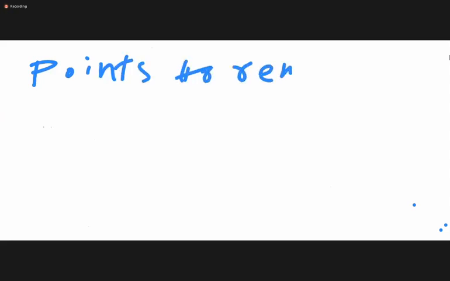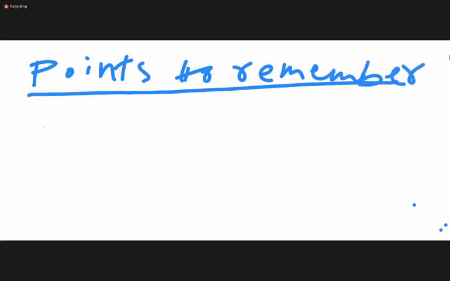So this is about the question tag, but there are some important points to remember regarding the question tag. These are very important points. Just remember these points or take them down. Important points to remember in case of the question tag. Generally, I have explained how to write a question tag, but these points are very important. First point,